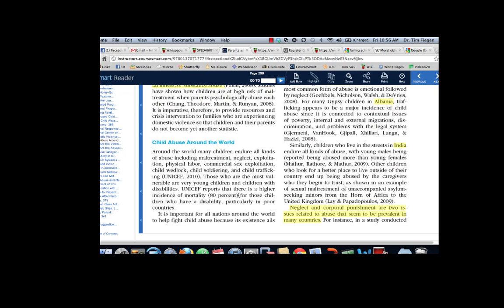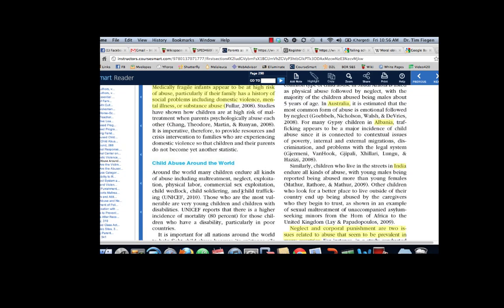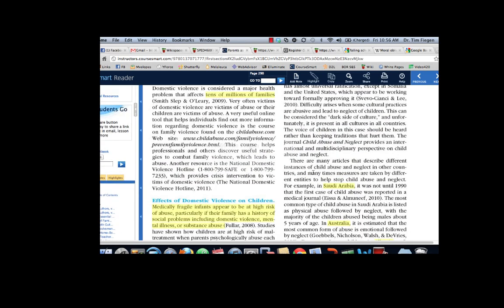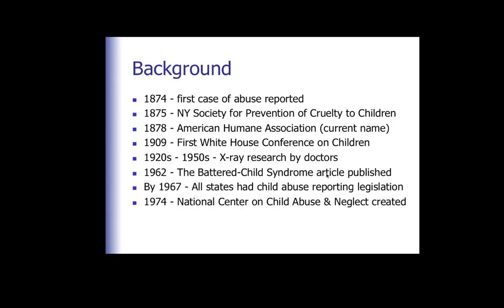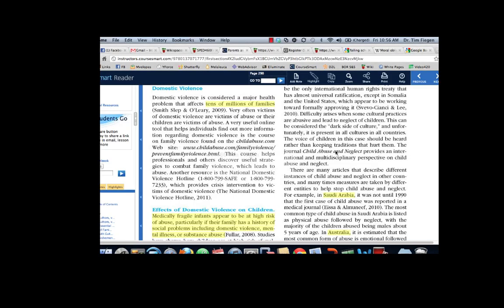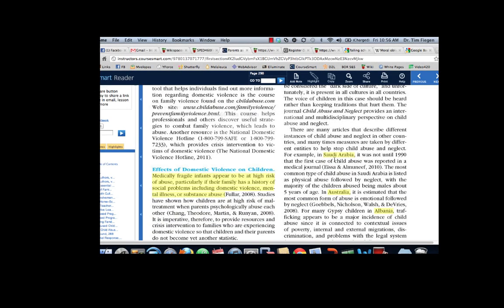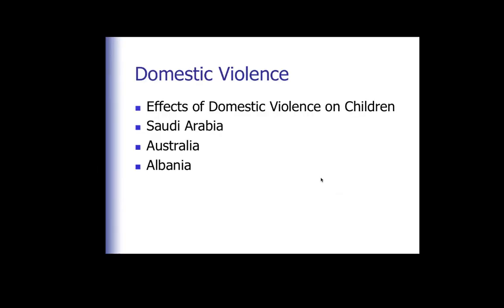Child abuse around the world, and this is really interesting, where and I'm not sure why Dr. Rojas Cortez goes into this global look at it, but she really takes a global look right here of what it is. And you'll want to do this also on here. This is domestic. Why I'm putting these up here specifically is that in the textbook and on the test it asks you the highest forms of things, Saudi Arabia, Australia. So you want to put this in the notes too, and we will make this number 2